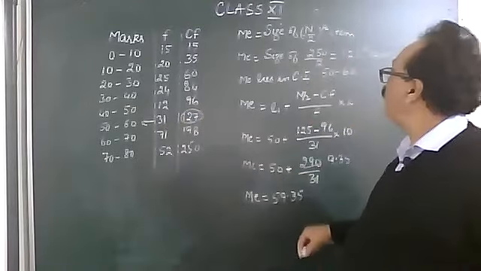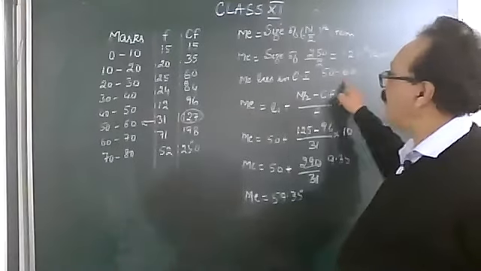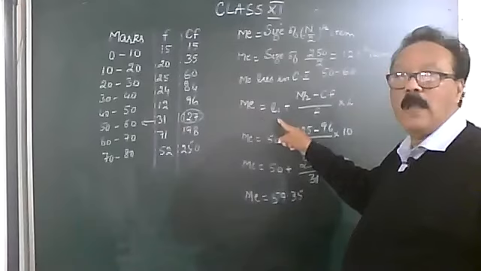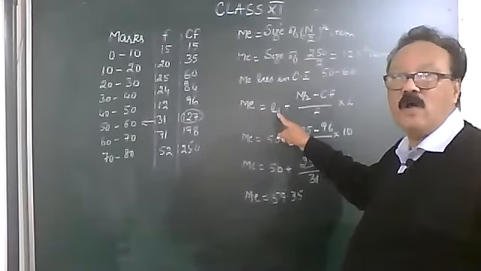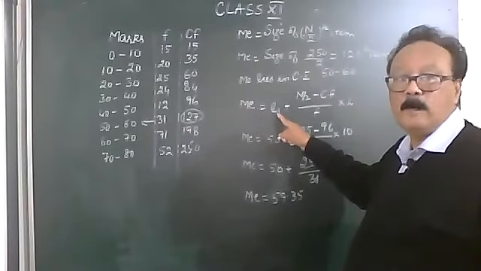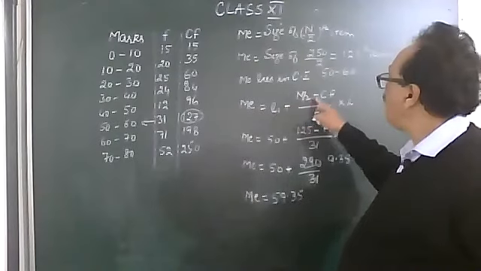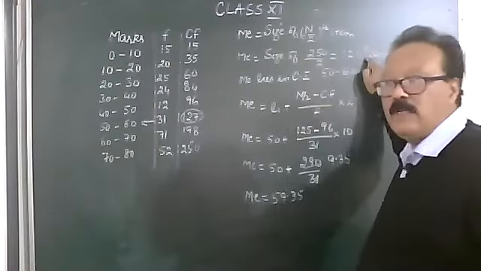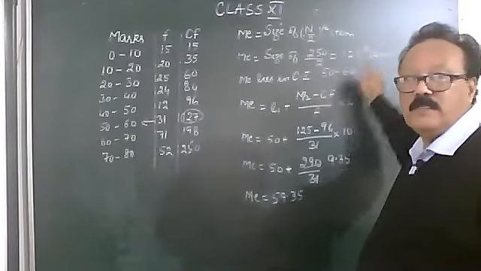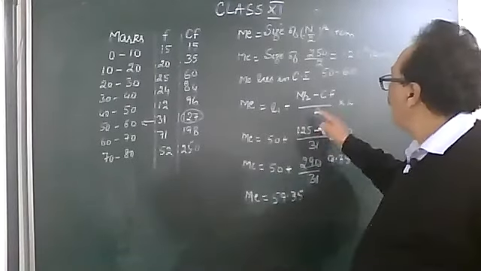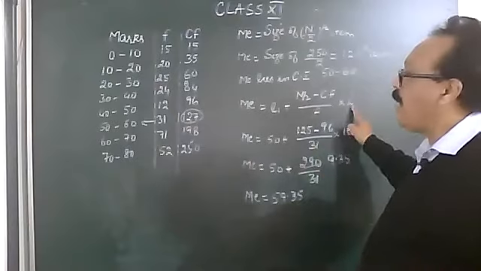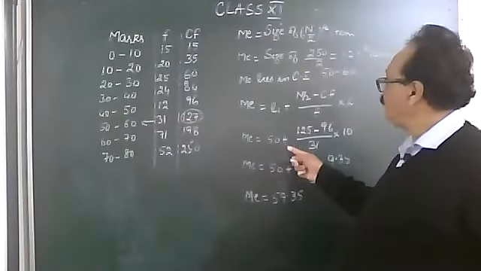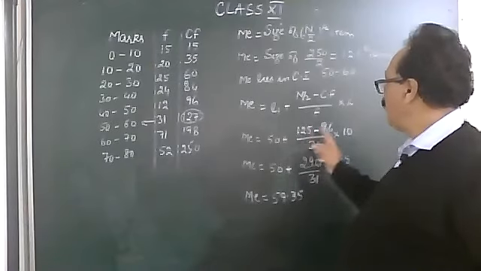Now, what is that value? To find that value, we say the median lies in the class interval of 15 to 16, and median is equal to L1, which stands for the lower class limit, plus n by 2 minus CF upon F into i, where n by 2 is what we calculated, 125. CF, like I told you, is the one above, frequency is the one on the side, and i is the class interval. Put those values in the formula and work it out.